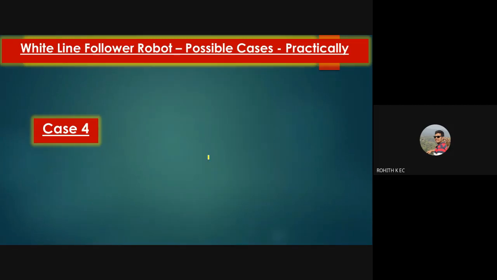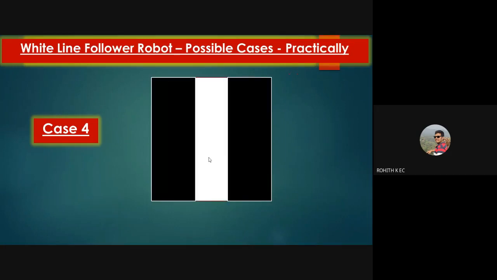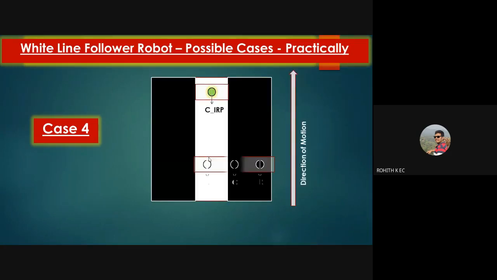Okay. So let's go to next case, case 4. Now observe the position of the robot and the color detected by the white line sensors and tell me the action that we should take. Other participants also please chip in, give me your answers. Yes, that's right. So the action that we'll be taking is hard left, right? Now, what is the condition? What are the conditions to capture this?